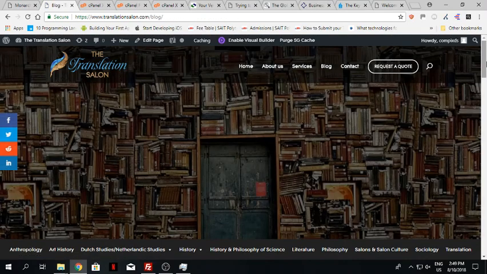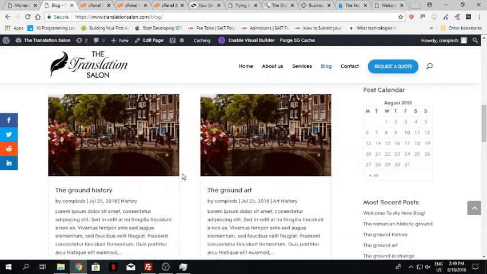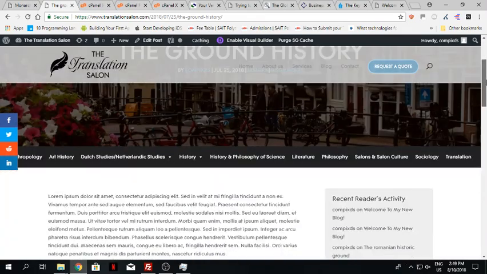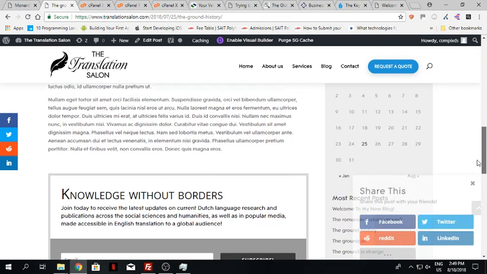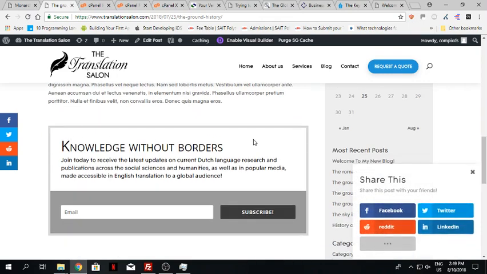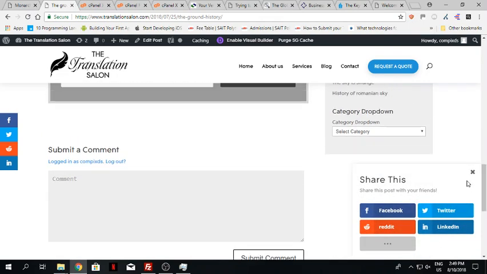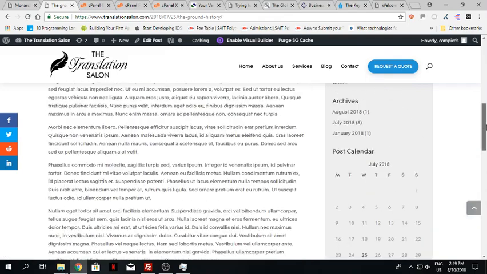with other posts. So I'm going to, for example, select this one that's called the ground story. It's a handle name. And boom, you can see that the feature image becomes the background instantaneously. The same thing happens every time the person reaches this point, the share thing pops up, and